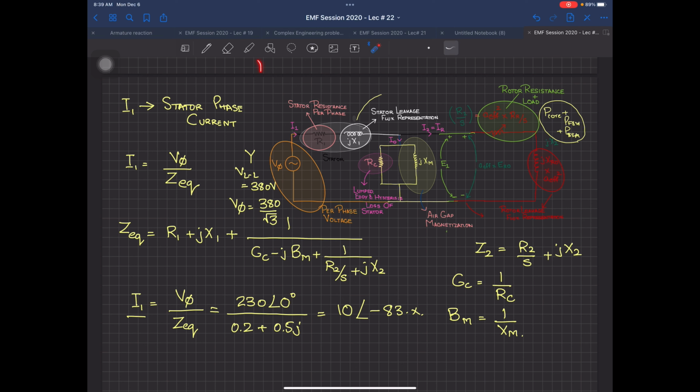So this will be either something, and one thing very, very important. Now I have written an angle of minus 83 point something. Practically, remember this thing, in induction machine, your power factor, because this is going to be the input power factor, this I1 is going to be the input current for one phase. So this power factor has to be, if it is at no load, then this power factor will be something ranging from 0.4 to 0.5. This will be at no load, and this will be something from 0.7 to 0.85 at full load condition.